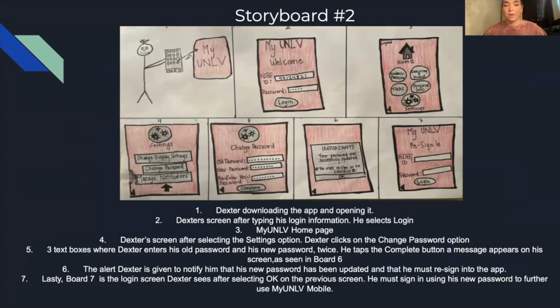password. So first in board 1, we see him downloading the app and clicking on it. Board 2 is his login screen using his same login info. Board 3 is his home screen, and here we're going to select the settings option at the very bottom. In board 4, we have the settings page, and on this page, he's just going to click on the change